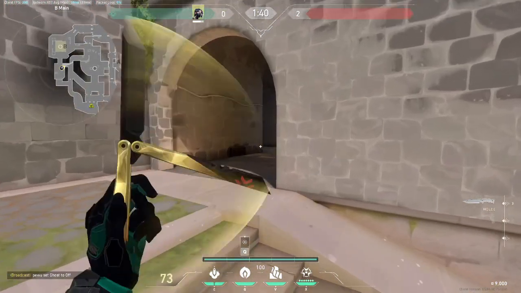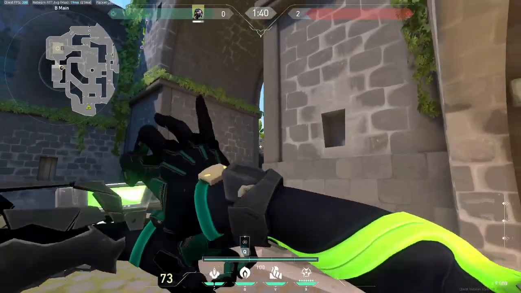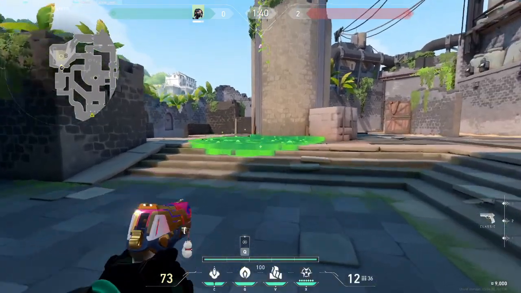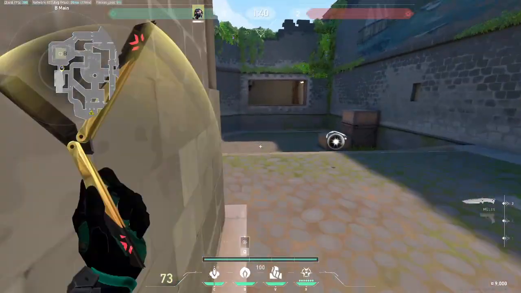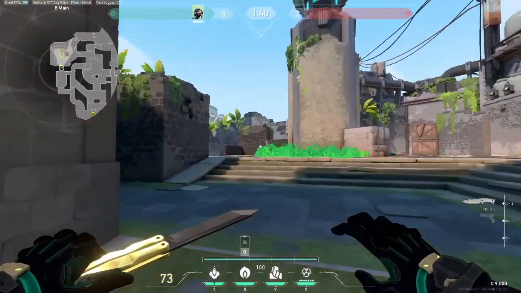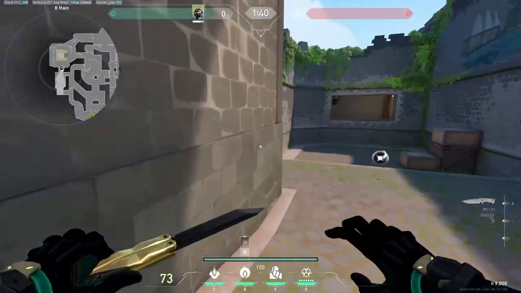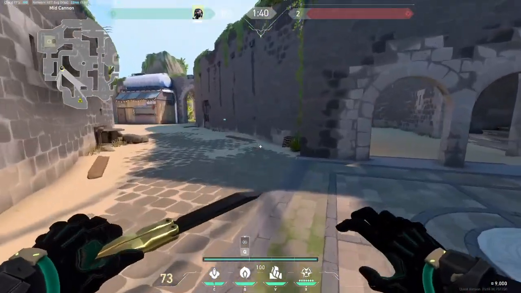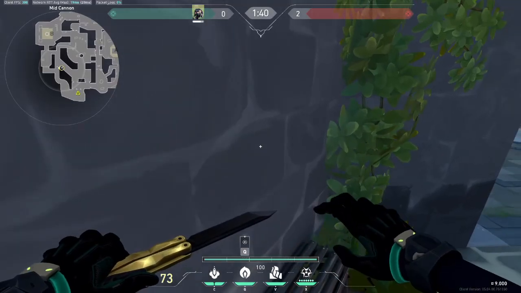Finally, we have B post-plant mollies, and I have 3 different lineups for you here because a lot of the time you want to be moving around in this area. So the first one is from up close. You can just aim at this brick on the very far left corner, and it will bounce off and land on default. The second option is going back to the same spot that you throw the mid orb from, by